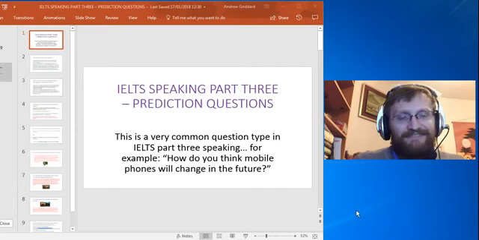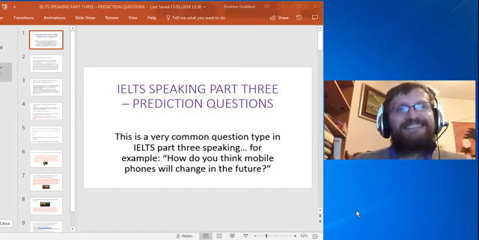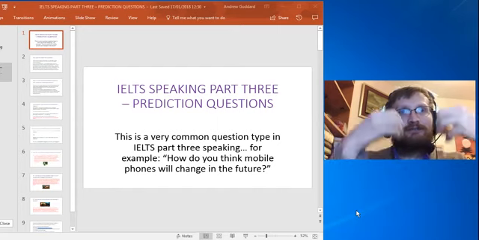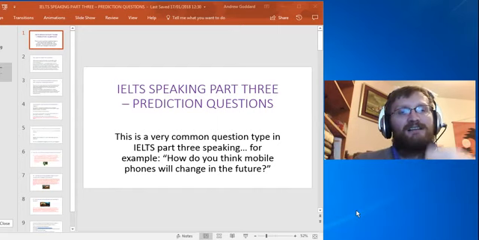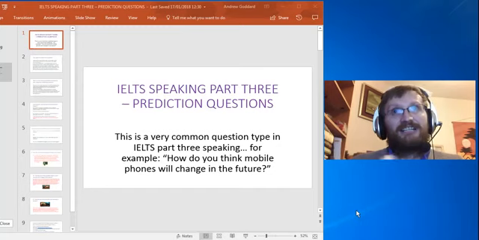We are looking specifically at the IELTS spoken exam, and this particular lesson is about a particular type of question that occurs in part 3 of the exam, and I'm going to show you how you can give a sophisticated answer that will help your score for grammatical range. It will create a good impression with the examiner because you will be able to show that you understand how to use a particular construction in English that we call the second conditional in order to answer a particular type